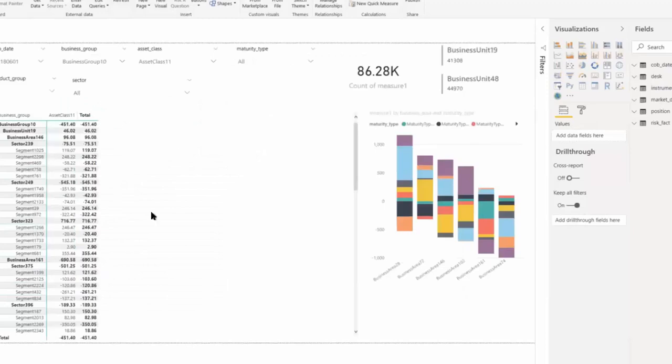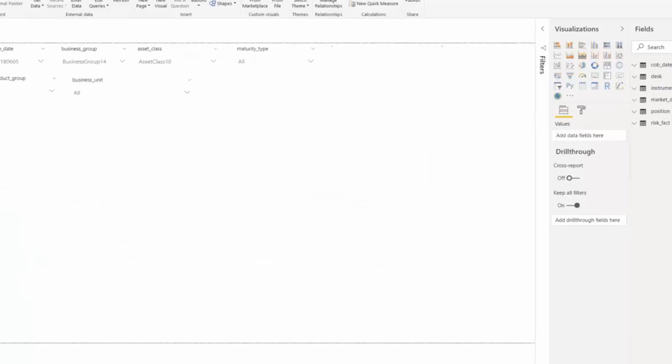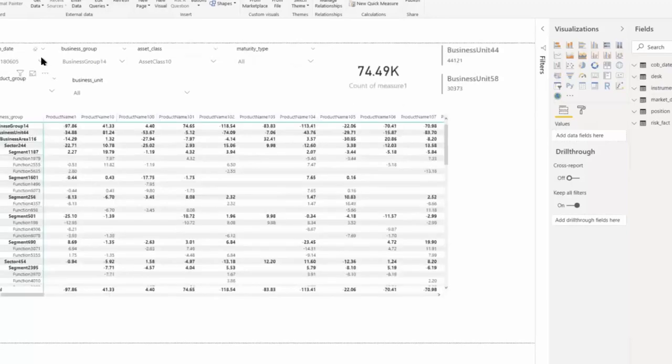The asset class tab allows us an additional set of filters, including the asset class. The MDS tab shows the analysis of the market data set, and we also can do analysis by position. Again, the data comes back directly from Avalanche and there is no cube involved. And this is how the system runs by retrieving data directly from Avalanche.